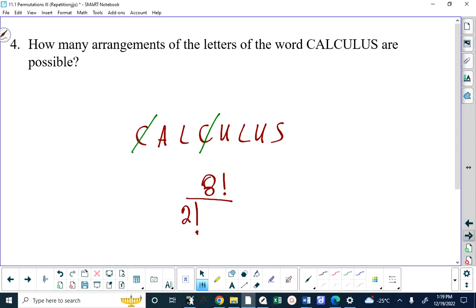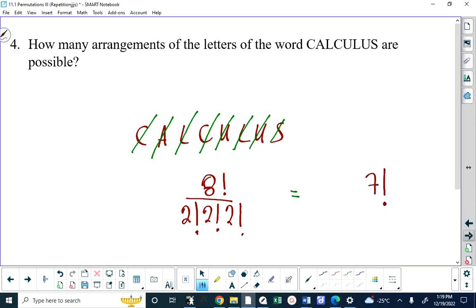Then you go to the A. All right? Well, there's no other A's, so I don't need to worry about that. You go to the L. There's a second L, which is a 2 factorial. You go to the U. There's a second U. It's just a way to keep track of things. And then, of course, we have the S at the end, but there's only one of them. So this is equal to